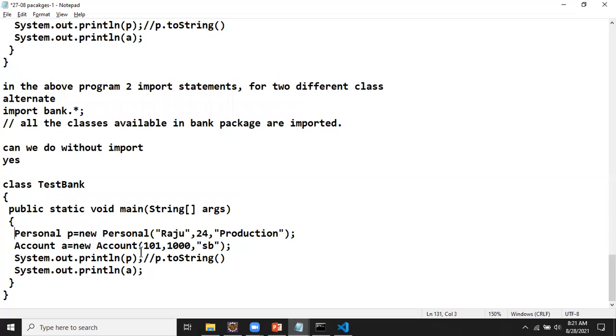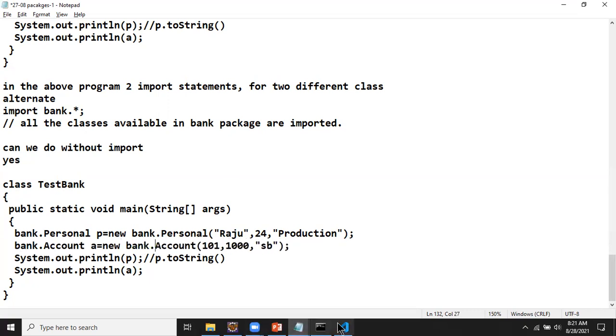So what I'm doing now is writing bank dot personal. We'll be giving it the path. You're telling it that your class is now available somewhere in the package called bank, and then I'm writing bank dot.